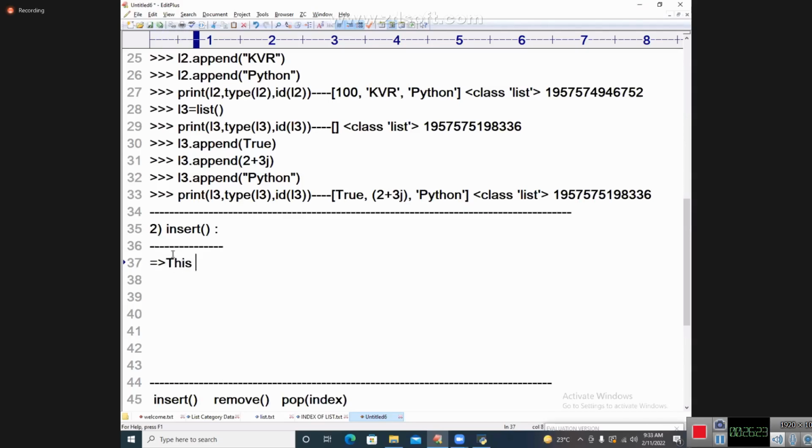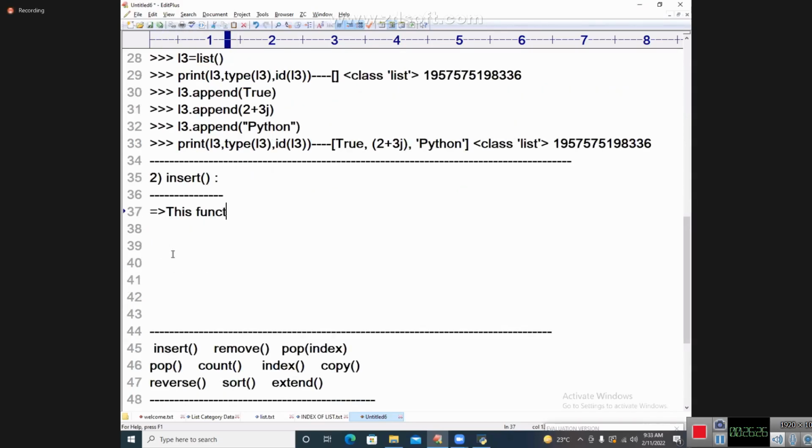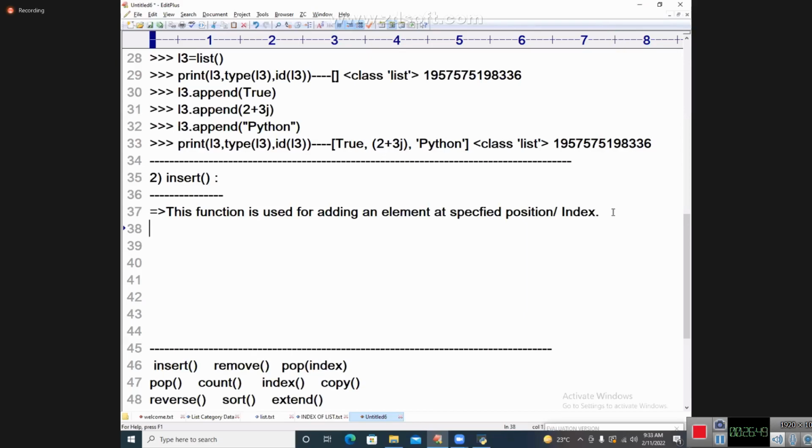Now I am writing: this function is used for adding an element at a specified position or index. Very, very simple. Now I'm going to give you the syntax here. What is the syntax? list_obj dot insert of index comma